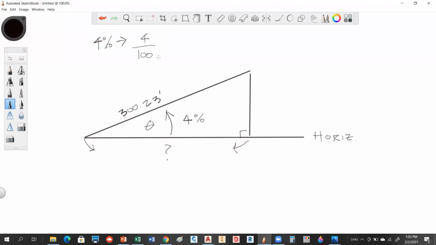So this could be feet per foot, inch per inch, meter per meter, right? So basically you're saying this is 4 and this is 100, right? To get that theta angle, that's an arctangent relationship, because tangent is opposite over adjacent. So in this case, the arctangent would be 4 over 100, or 4/100. So if we do that, we would take 4 divided by 100, take the arctangent of that relationship, and I